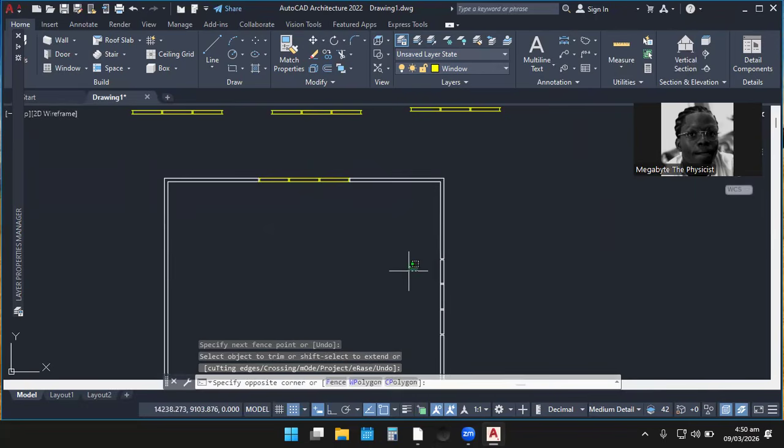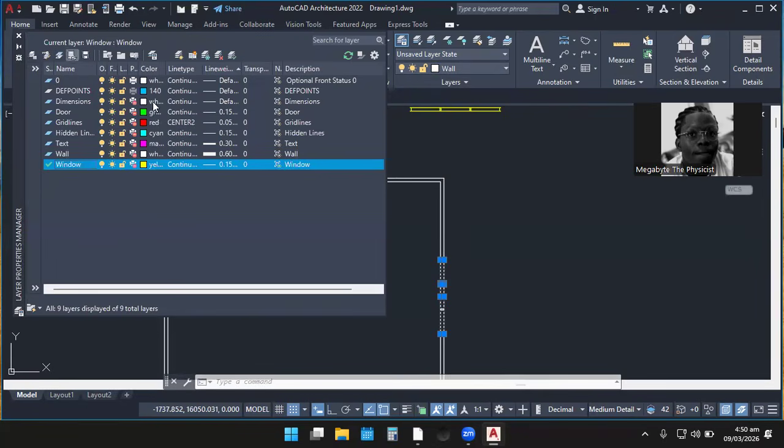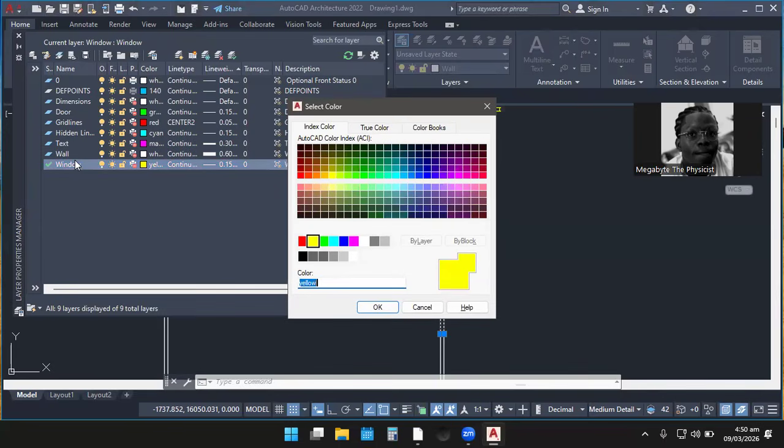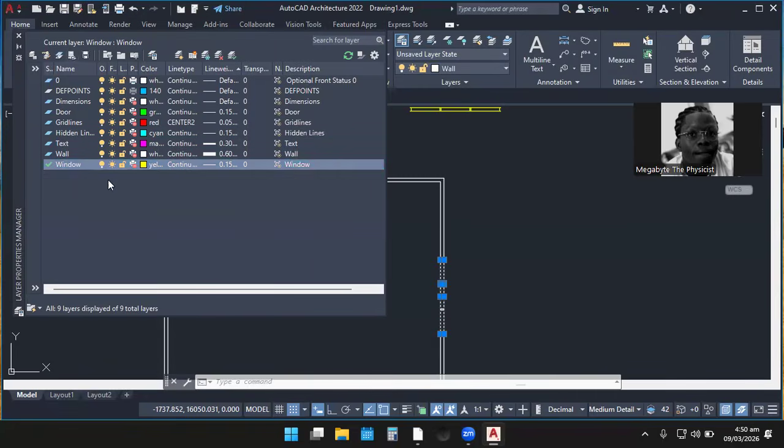I can do something called windowing or crossing. Okay. Then if I highlight this, I can just come and activate the layer property. From the layer property, whatever I've activated, this is it. When I click on this, I activate the window.